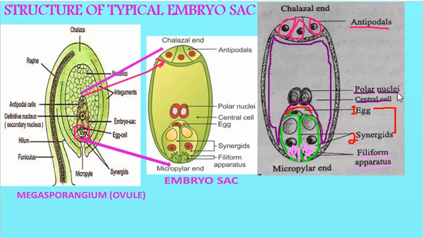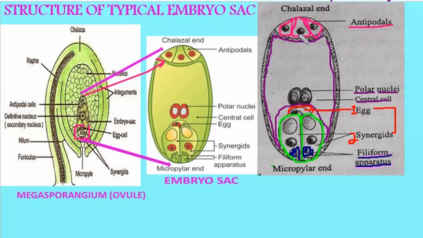Okay, so remember, the three cells at the chalazal end constitute the antipodals. Then this is the central cell, which consists of two polar nuclei, and there are two synergids and egg cell,